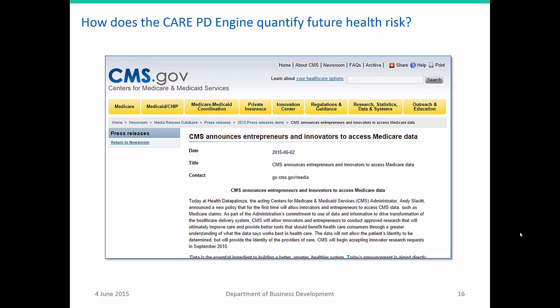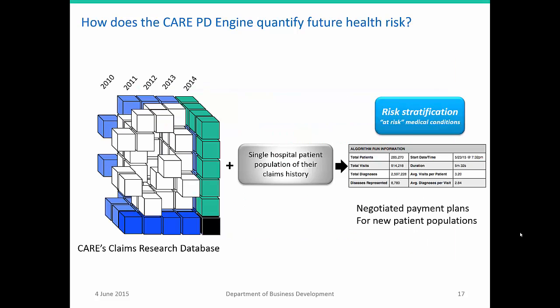This data set of over 100 million lives with their medical histories, when combined with the additional claims data recorded from patients under private insurance coverage, allows us to validate the predictive power of the CARE PD engine in ways that were not practical in the past, and be able to set up an implementation of our engine with the ability to process any data set from any client at any size at any time with